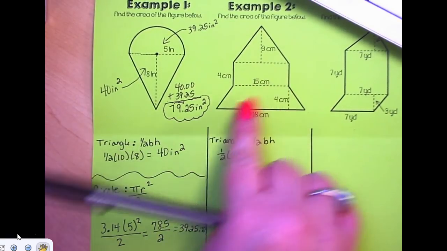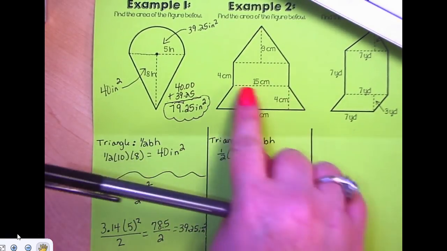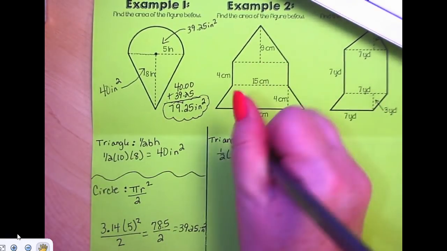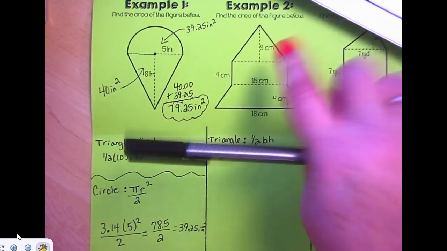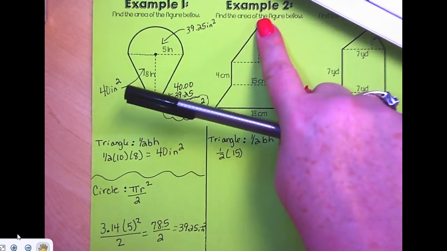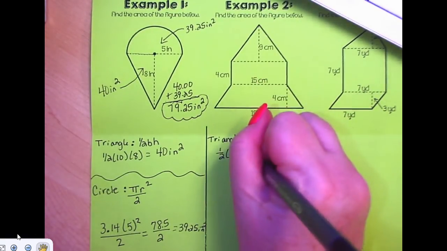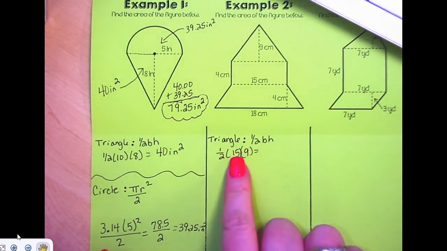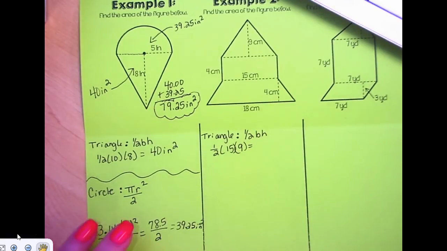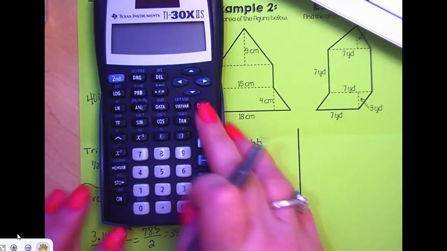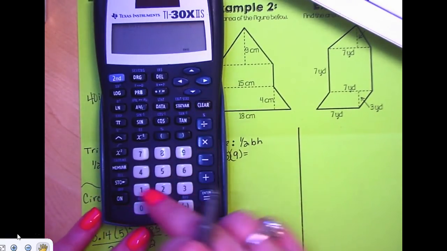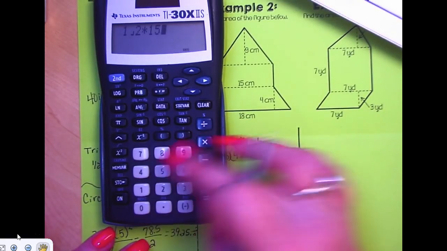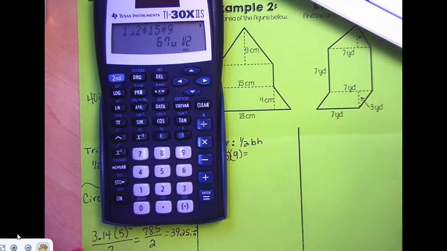Is it 15 or is it 18? It's 15. This is the same length as this, 15. And the height goes from the base to the top point, so 9. Put that in your calculator just like that: 1/2 times 15 times 9. And you get